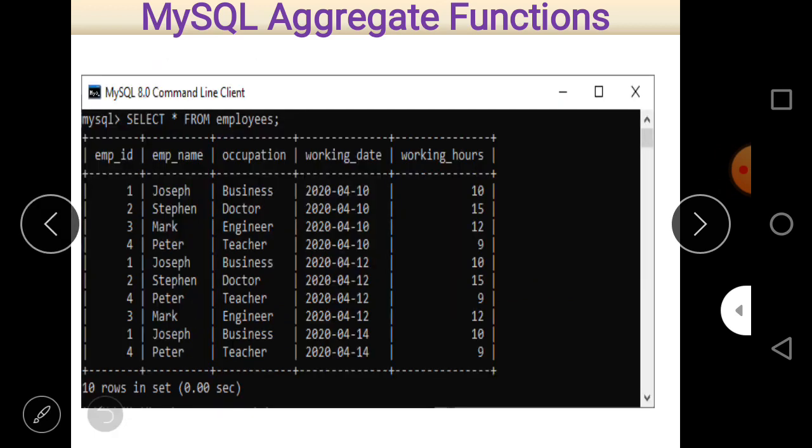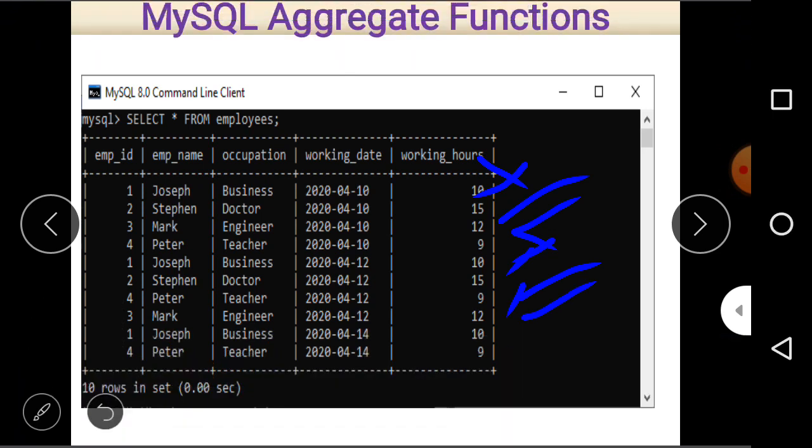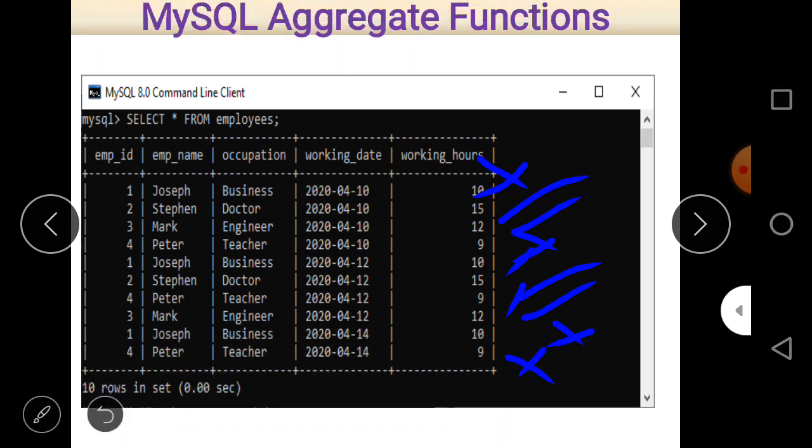It means this is our actual table. So the first is not selected, the second is selected, the third is also selected, the fourth, 9, is not selected, 10 is not selected, 15 is selected, 9 is not selected, 12 is selected, 10 is not selected, 9 is not selected.